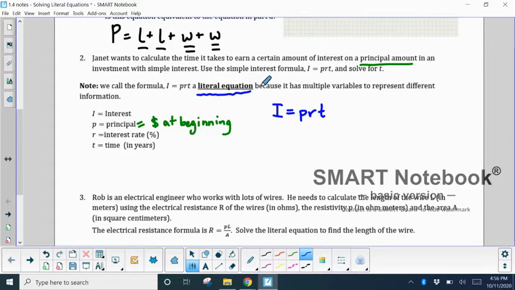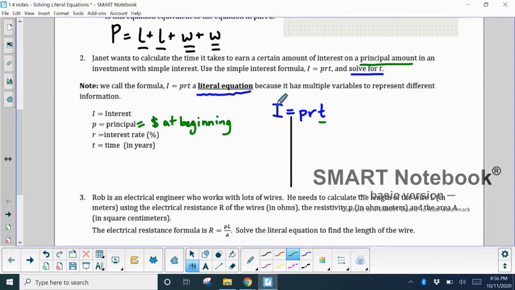If we're not given that information, we're going to leave those variables there. This problem, I didn't give you any information to plug in. The directions just say solve for T. So basically, we want to get T by itself. So we're going to use the properties of solving equations like we have been to get this T variable by